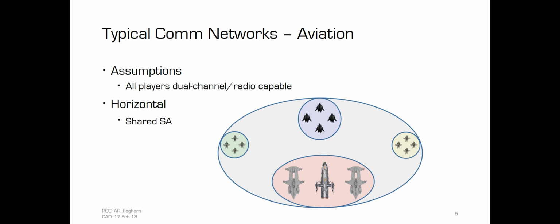Anyway, aviation tends to work a little bit different. This is both military and civilian aviation, and therefore mostly of what I'm talking about when I talk about my desire to have dual channel capabilities, or even more than dual, multiple channel capabilities within the game, within Star Citizen. And that's basically that in aviation, the assumption is that all players have a multi-channel capability, and what you'll typically see is formations of aircraft that are working together will have an auxiliary frequency that's just their own personal intra-flight frequency, so that they can discuss, share, and talk back and forth amongst themselves without cluttering up the bigger frequency,